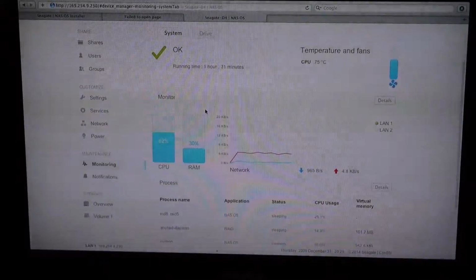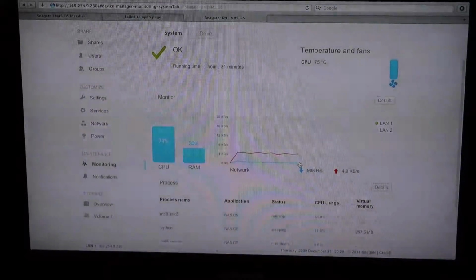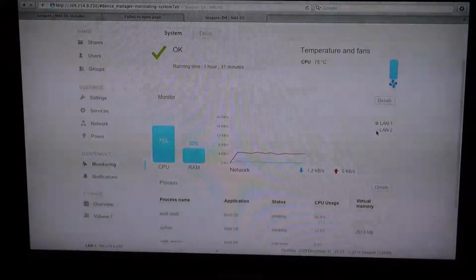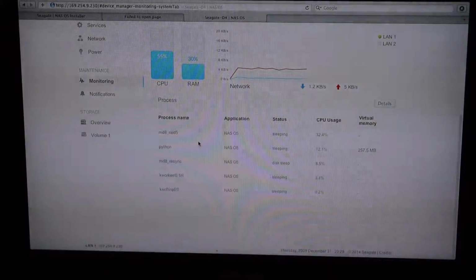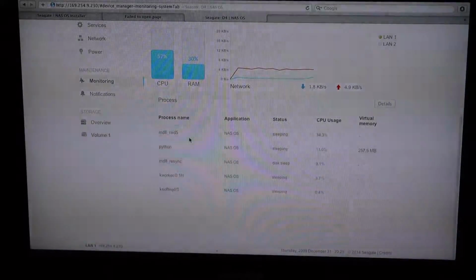CPU and RAM connection. We've got network utilization here, up and down. That's kind of nice for both LAN devices if you want. Since I only have one, it doesn't really matter. Oh, here we go. Process name, MD8 RAID 5. Well, I guess that confirms it. It's a RAID 5, so I'm not going to bother